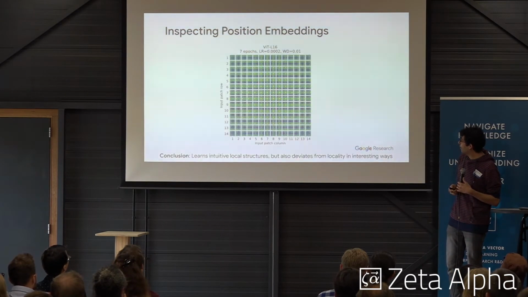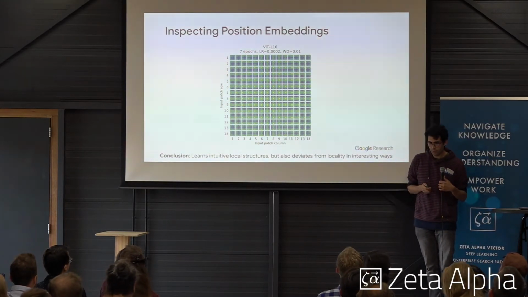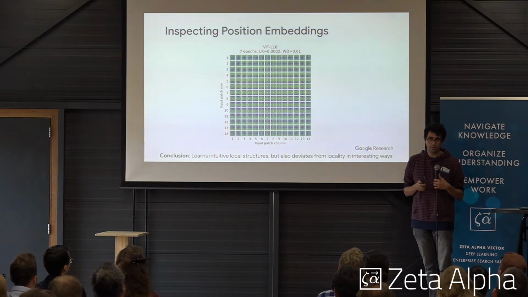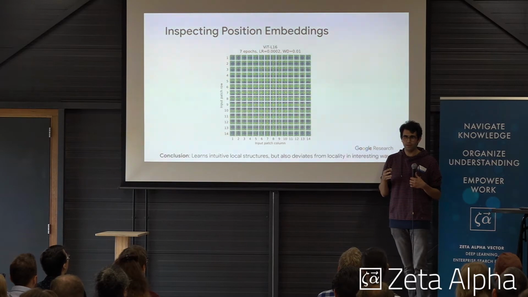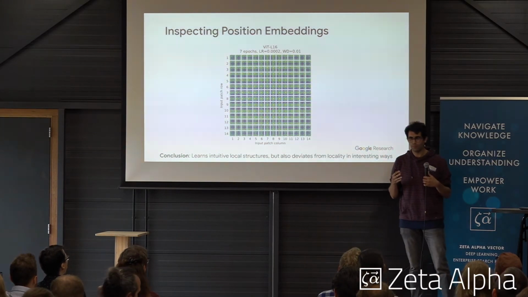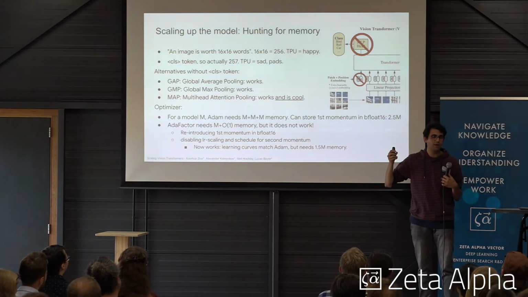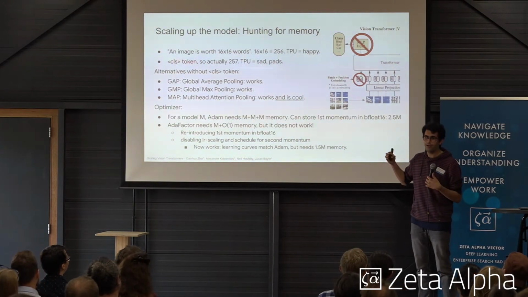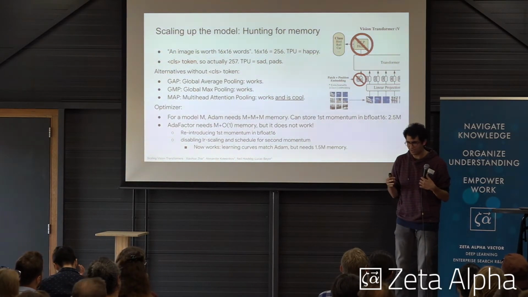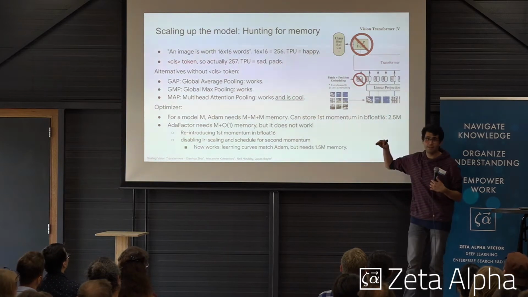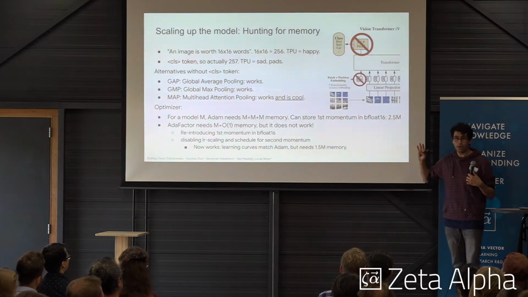All right, and then when we look at the learned positional embedding, we notice that the model actually captures the 2D shape of the input, while we did not represent that anywhere. But we also noticed that some of the things were not really necessary. As I said, they padded to, I don't know, 256 tokens. So we're just removing that, and doing global average pooling was a better option.